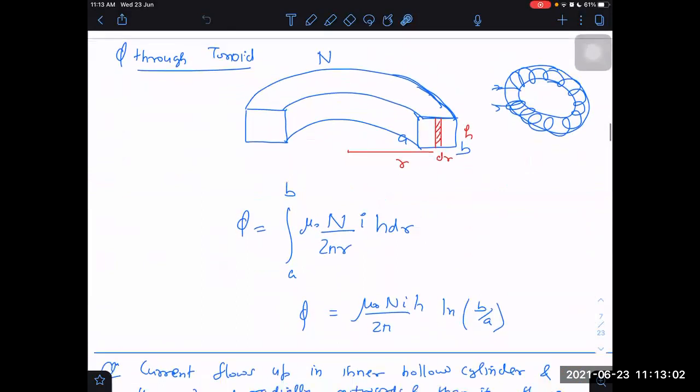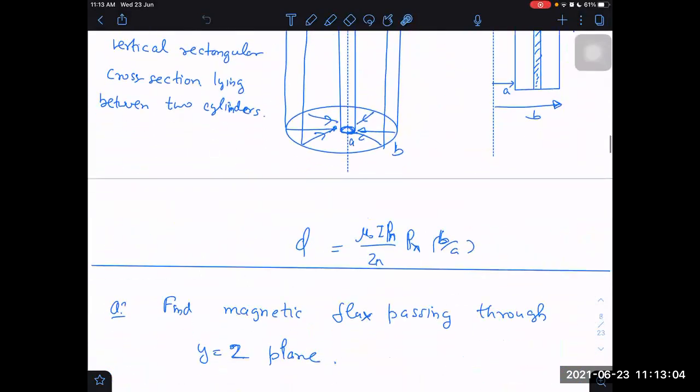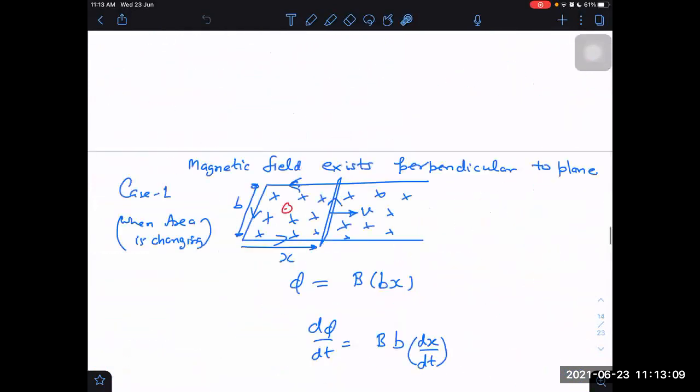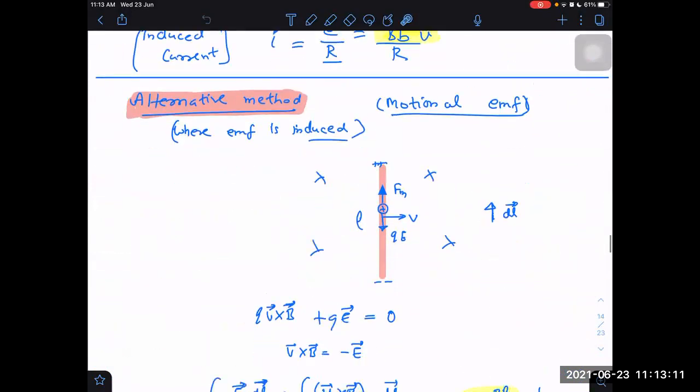Next, we have flux to the toroid. This is done. Lenz's law, I think, hopefully you have understood. Then we have now...